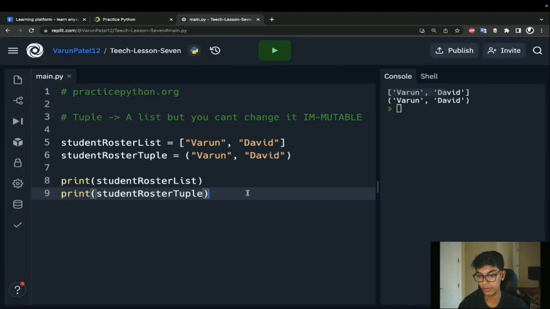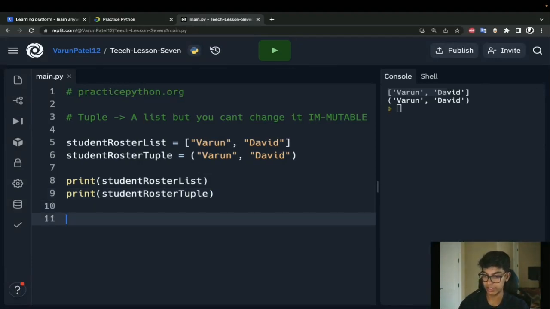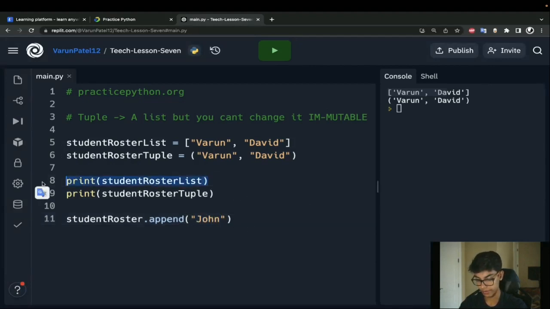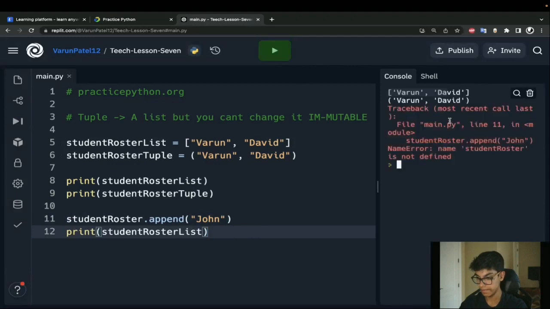Now let's say I wanted to add a name to my list or in my tuple. So I'm going to student roster list append. We're going to add John. Okay, let's print this out.